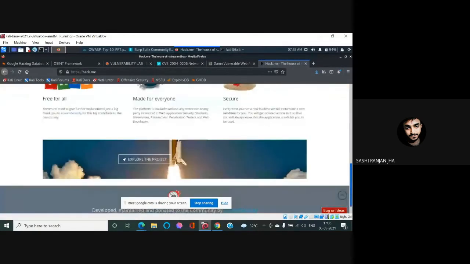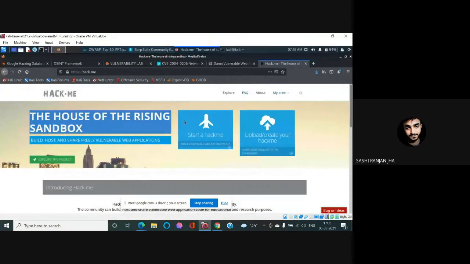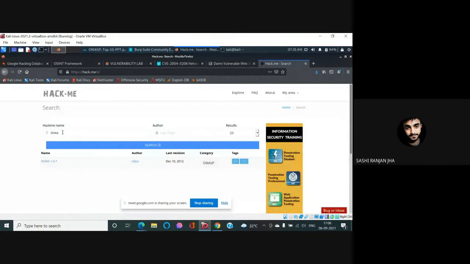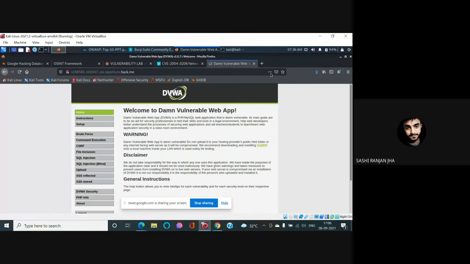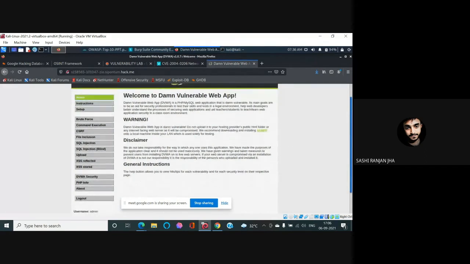You can just go and search for vulnerable websites. Like here, DVWA, Damn Vulnerable Web Application, is the application where you can try different kinds of vulnerabilities. I've already opened one sandbox environment of DVWA over here.